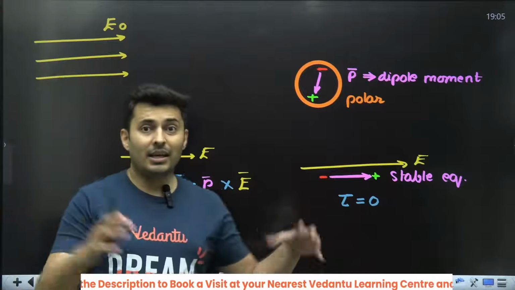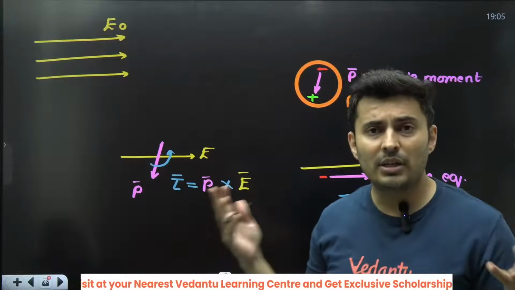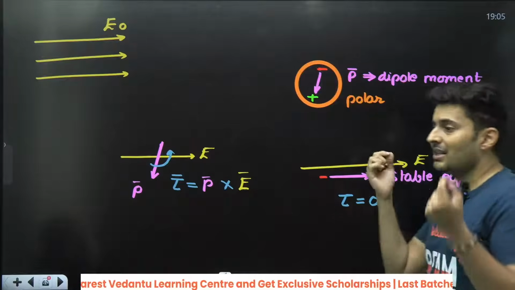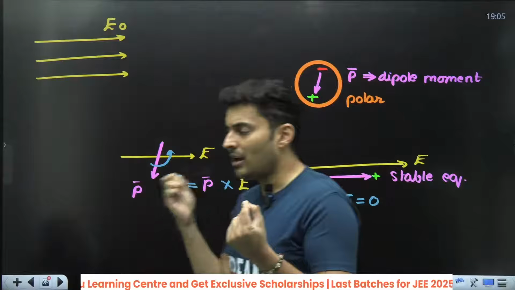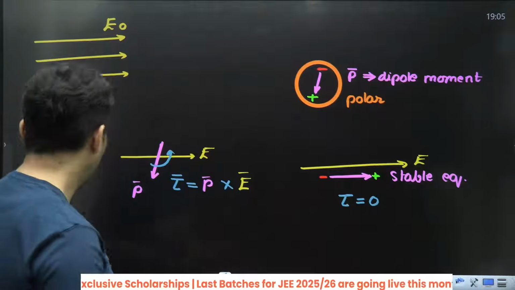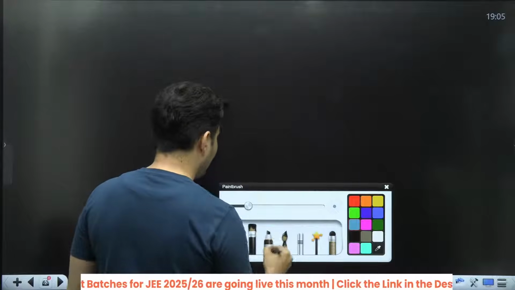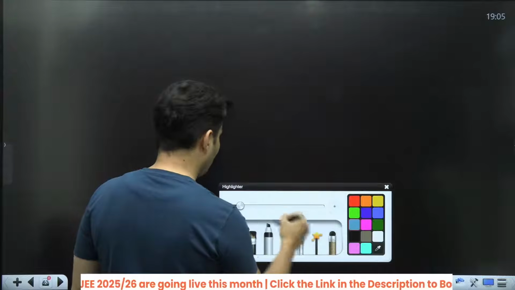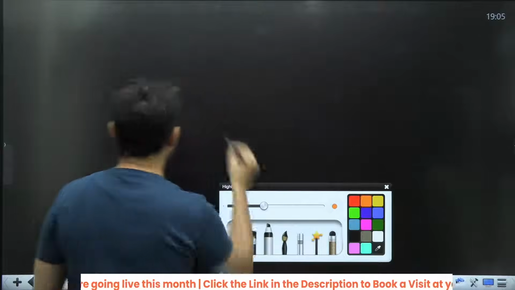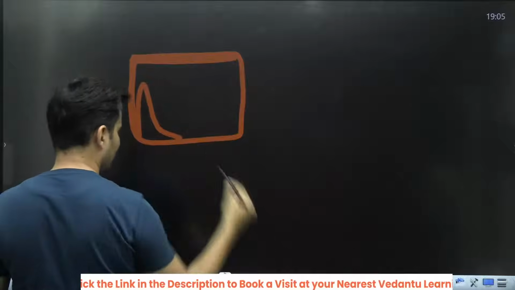Now imagine in a solid, in a liquid or any object, how many such molecules will be there? How many such teeny mini dipoles will be there? How many such molecules will rotate and align themselves? That is incredible to imagine. So if you probably just think about a solid or a liquid, just one second.